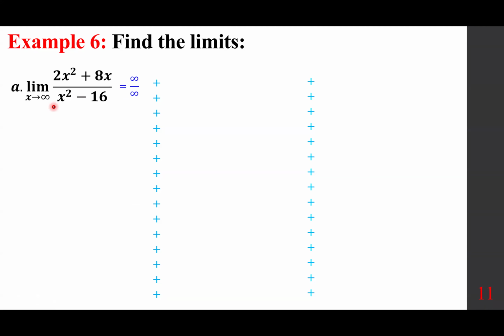Now, there are two ways to deal with that. First, because x is approaching infinity, the technique is to divide by the highest degree term in the denominator. So if I divide everything by x squared, this becomes 2, this becomes 1. This becomes 8 over x. This becomes minus 16 over x squared. As x approaches infinity, this goes to 0, this goes to 0, so the answer is 2. However,